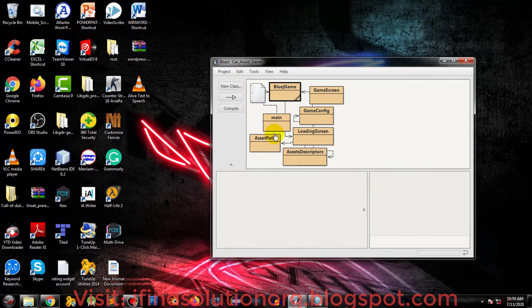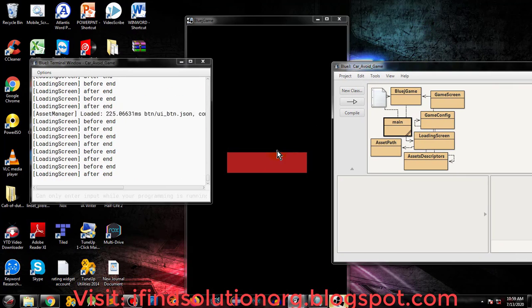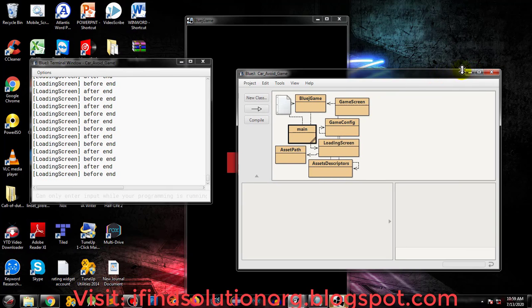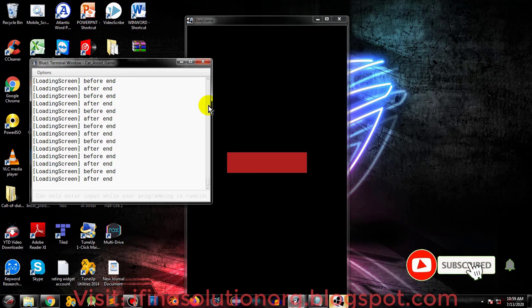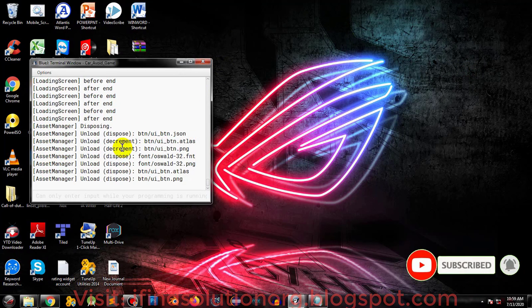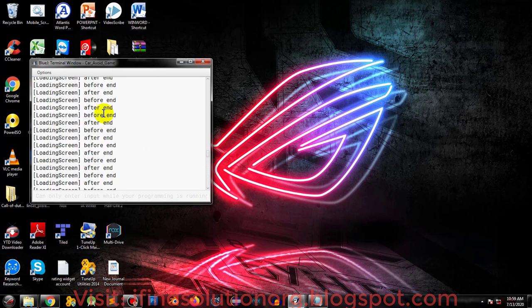Now we can see that our progress bar is moving whenever the resources are loaded. As you can see, if we get back to our console, we can see the asset manager dispose. Whenever we quit our game or close our game, we can see that asset manager unloads resources, and when the game resources will be loaded,